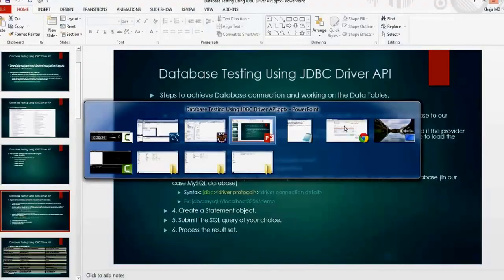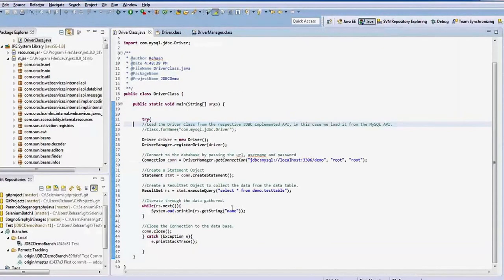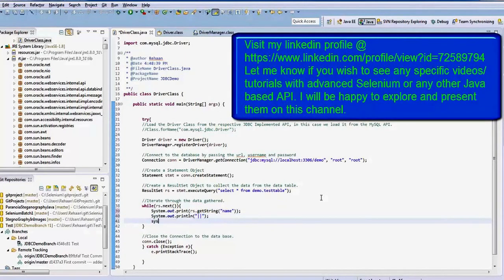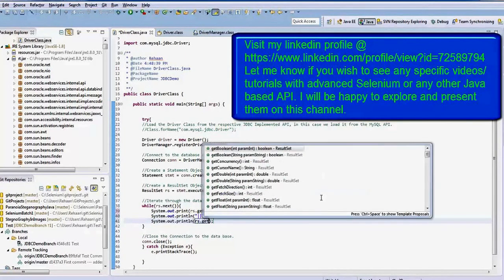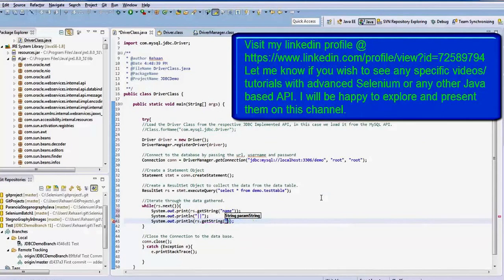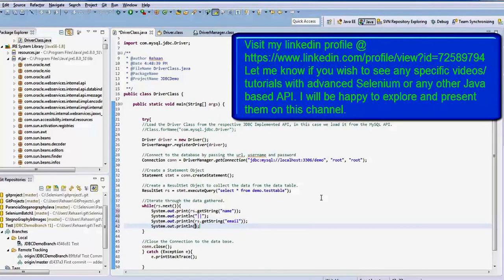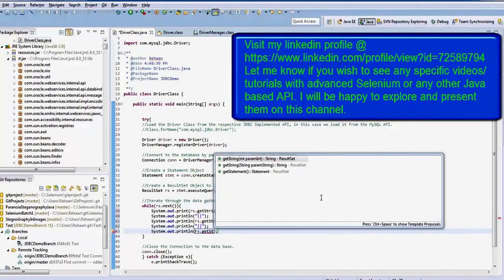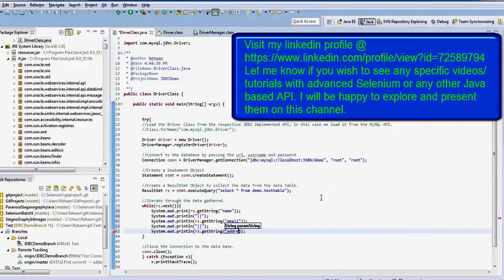So let's go here, and I'm just going to decorate a little here. Contact here.